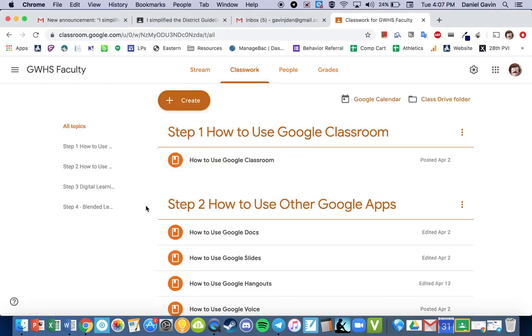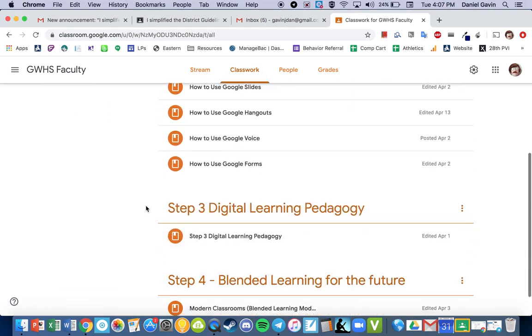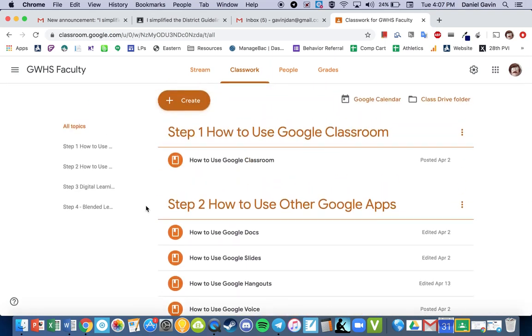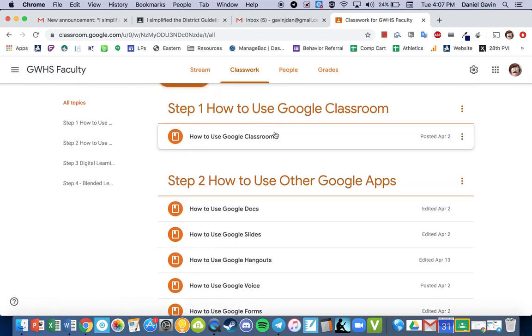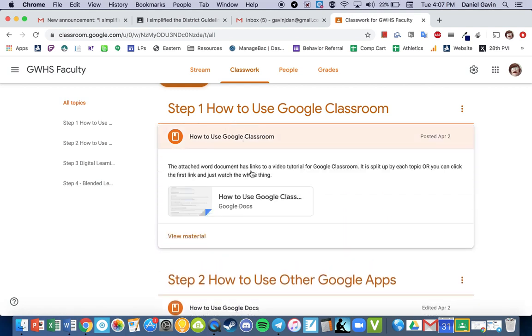Now the way we have this split up is into 4 different steps, and it really depends on how comfortable you feel with these different Google applications where you can find the most helpful information. So if you have little to no experience using Google Classroom, we recommend starting with step 1, how to use Google Classroom. All you have to do is click on this materials folder and it's going to open a link to a Word document. You click on that Word document,